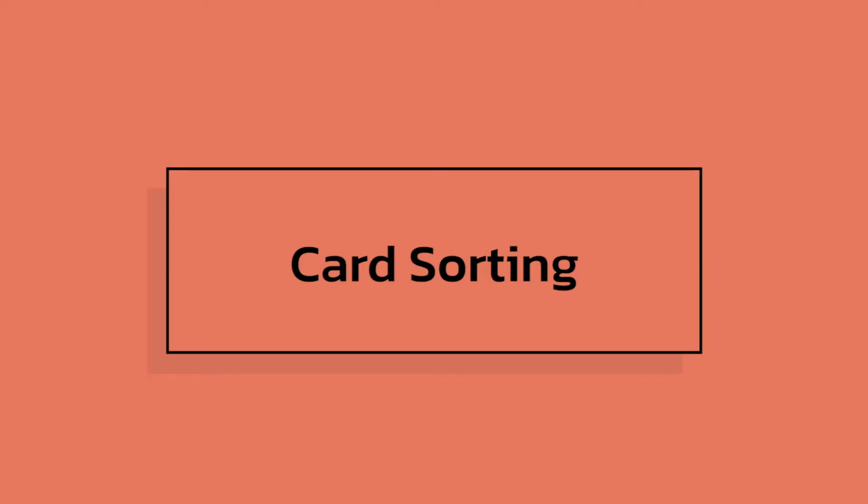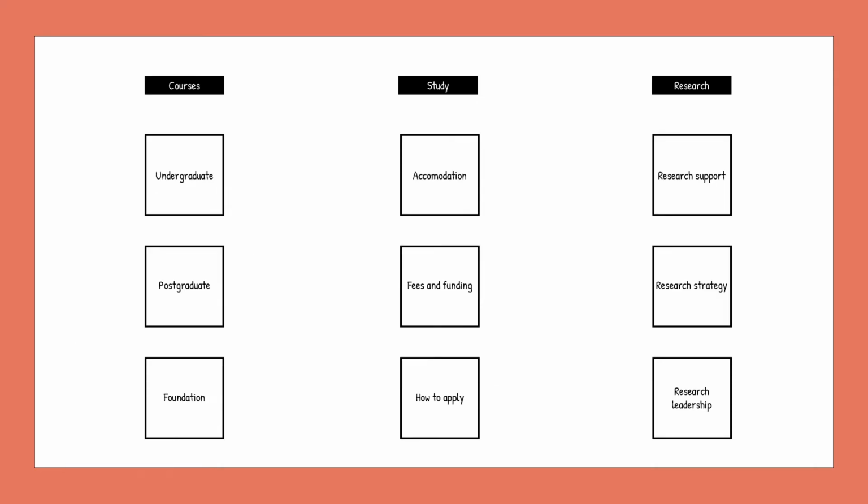Card sorting. Card sorting is a technique using either actual cards or digital tools, where users generate an information hierarchy that can then form the basis of an information architecture or navigation menu. Users are given a series of labelled cards and asked to organise them into groups that they think are appropriate. This is done to understand what information ranks highly for a user and ensure design decisions are influenced by data,